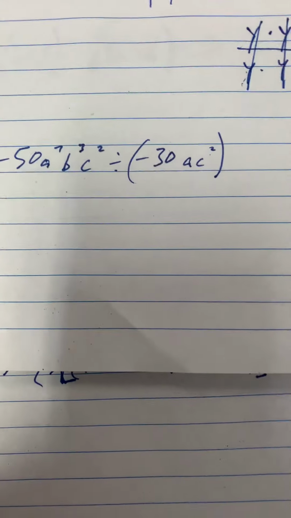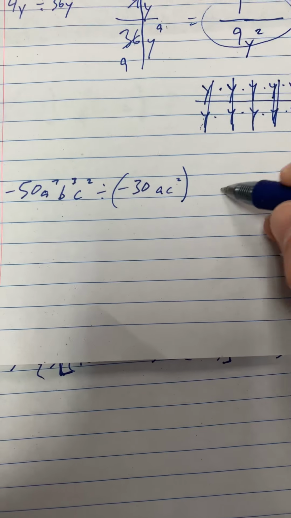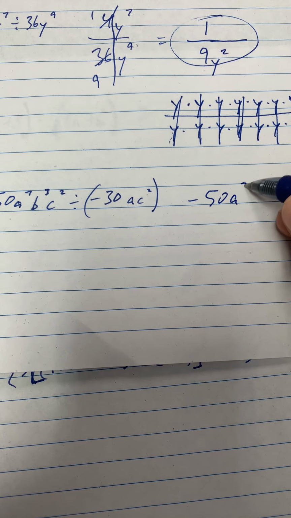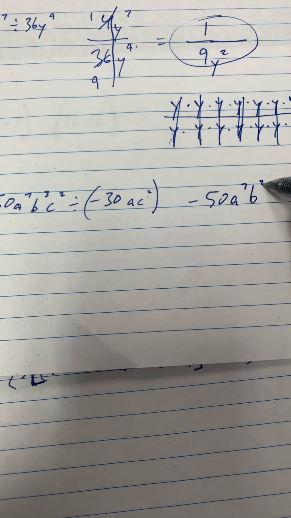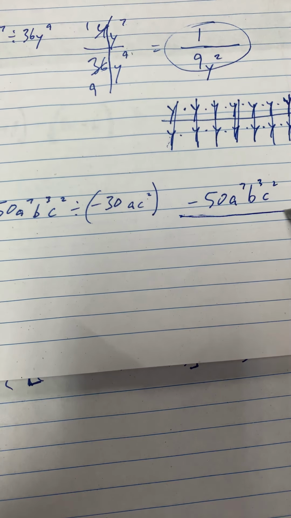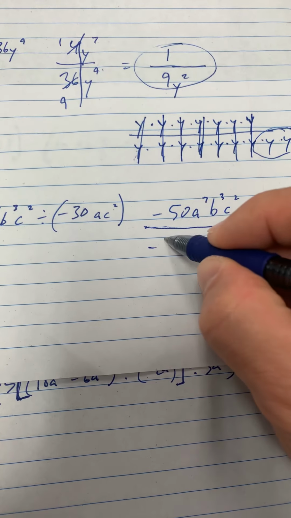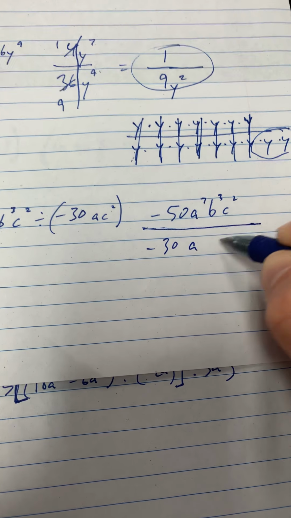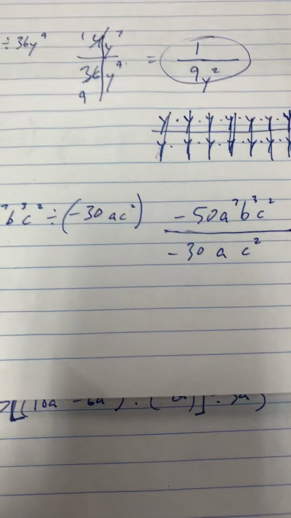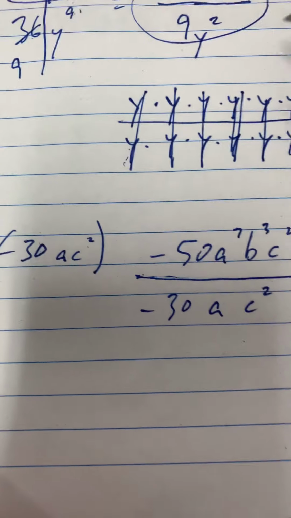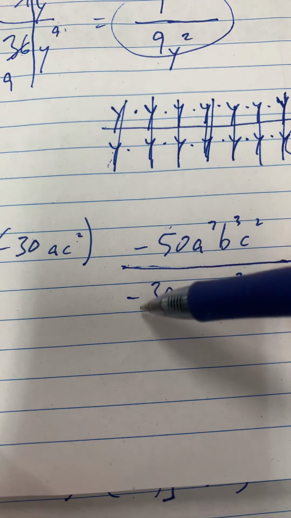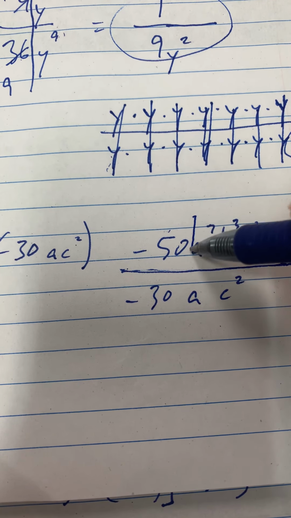Okay, let's look at another one. Okay, so negative 50 a to the 7th, b cubed, c squared, divided by negative 30 a c squared. Okay, all right. So first of all, I don't know if you remember this, but when you're dividing, remember, we're going to take each one